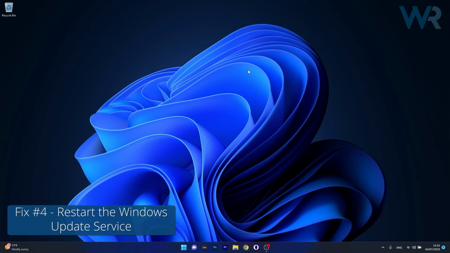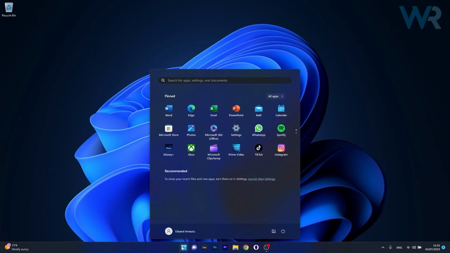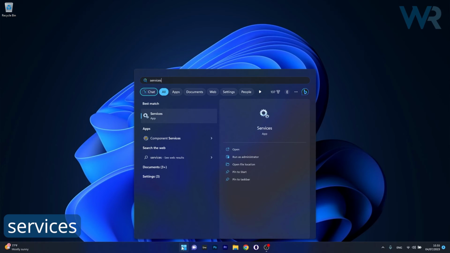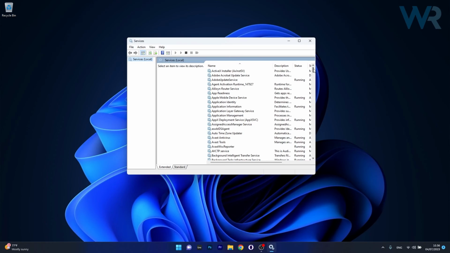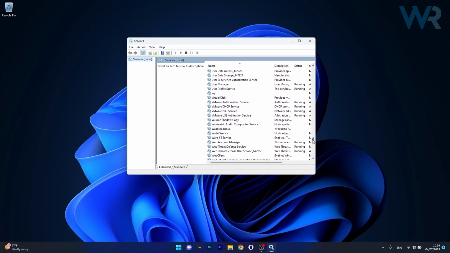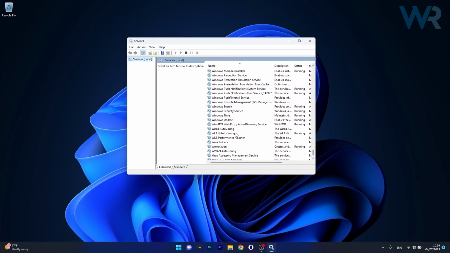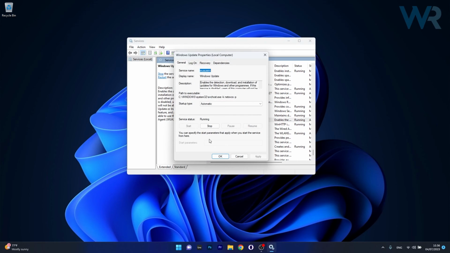And lastly, another useful solution is to restart the Windows Update service. To do this, press the Windows button, then simply type Services and select it as an application from the search results. Now in here in the Services app, make sure to scroll way down until you find the Windows Update service, double click on it, and then if you see that the service status is set to running, just make